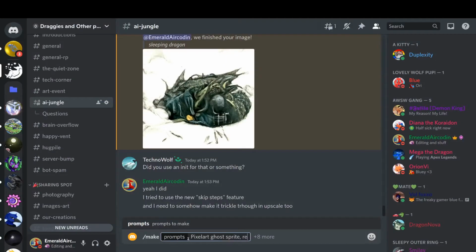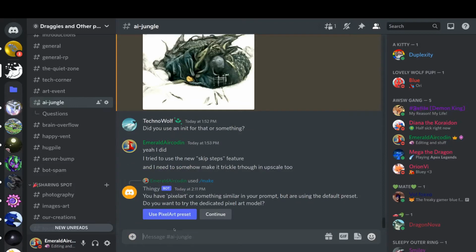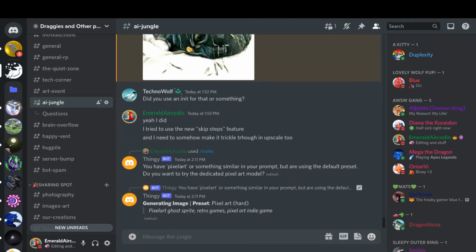To accommodate for all of this, I created a feature called presets. One of the presets is the standard preset, which works the best with realistic photos. But if you want to do, for instance, pixel art, you might be better off with the pixel art preset. We have a system that if the user types a certain prompt that might be working better with another preset than standard, we will opt the user to switch to that preset. For instance, if you type the word pixel art or some similarity to that in your prompt, then the bot will offer you to use the pixel art preset instead.